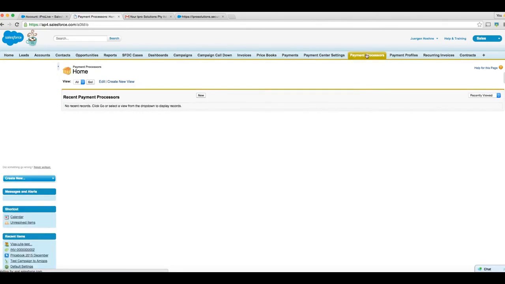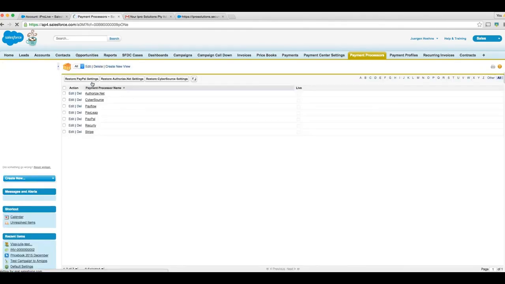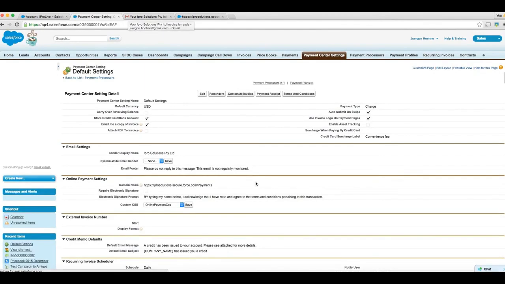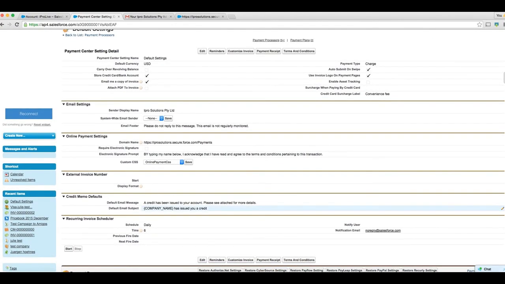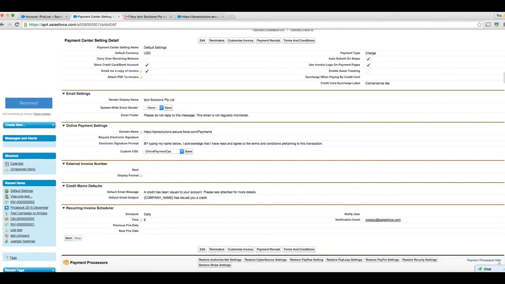And as we roll this out, this is fast, payment processors. We can go and get a whole bunch of payment processors, not just PayPal. I can link into all of these with this tool. So I need to restore PayPal settings. Okay, anyways, so here I actually linked it into PayPal because this is a test thing. And here's the PayPal defaults. And so what we did was payment receipt, terms, default settings in US dollars, the charges, the swipes, iPro Solutions